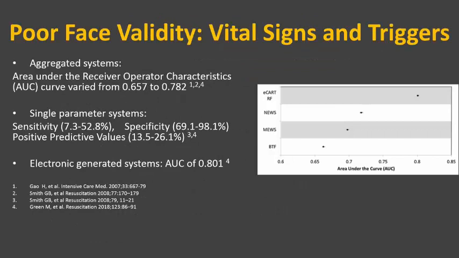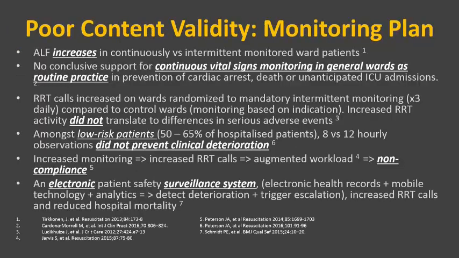Well, if we look at our vital signs and our triggers, regardless of what sort of system you use, whether you use an aggregated system or a single parameter system, they haven't got a very strong face validity. And that creates a bit of a challenge for ward staff. It puts them in a bit of a conundrum in terms of knowing when to escalate and when not to escalate. Or I guess it's a matter of what they feel comfortable with and when to start to use their judgment. Potentially an electronically derived system or electronically validated system may be better than the existing systems that we have now.